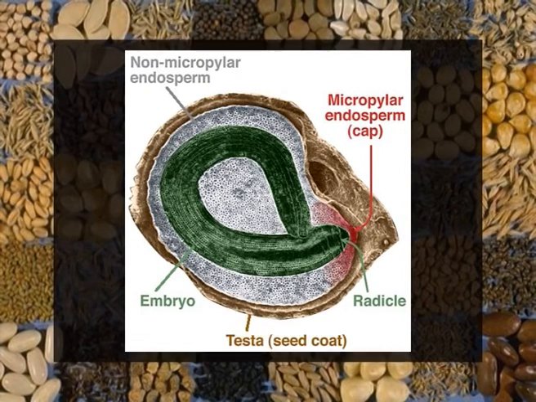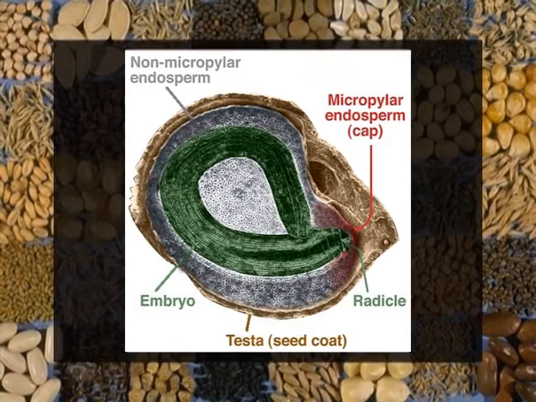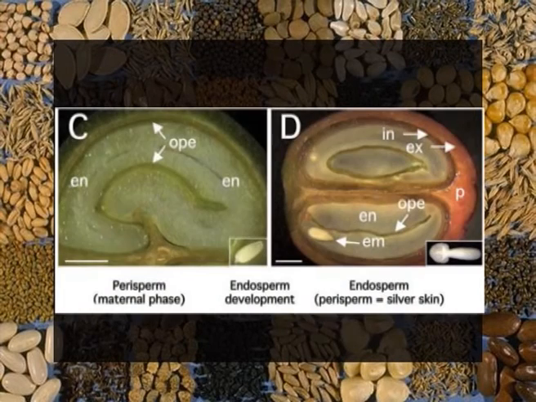It is a nutritional tissue during seed development, which has an important role, and in the mature seed of most of the angiosperms, it is in between testa and embryo. Perisperm is another term, which refers to a structure which is derived from the nucellus after fertilization, maternal nutritional tissue in the mature seed of some angiosperms.